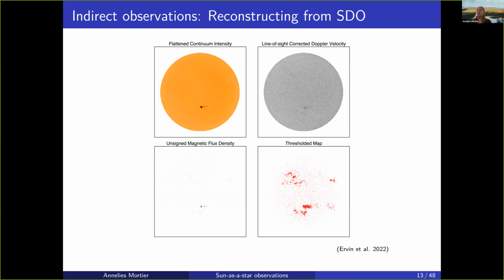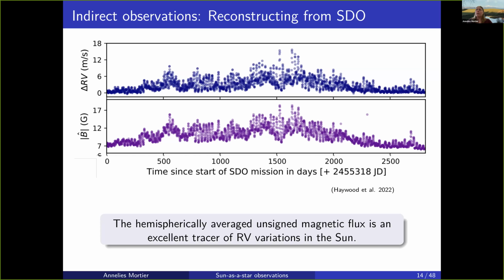Now, reconstruction from SDO data, what Tamar and Rafi and Tim Milburn, etc., all have been doing, basically takes the different measurements that SDO does, like the continuum and the intensity of your sun, the Doppler velocity of your sun, the magnetic flux values of your sun, and then applying some corrections, combining all the pixels, and you get a radial velocity out of that. Now it was shown